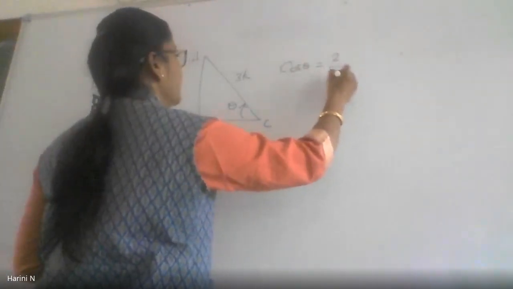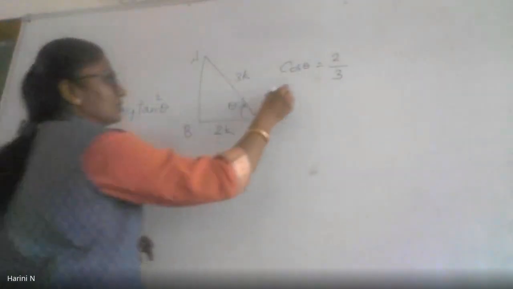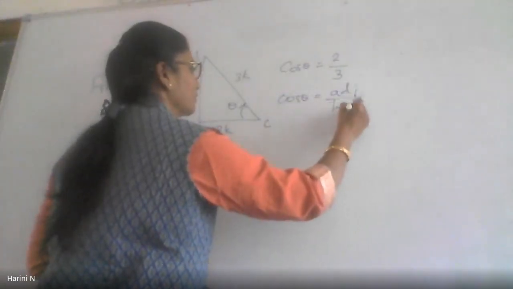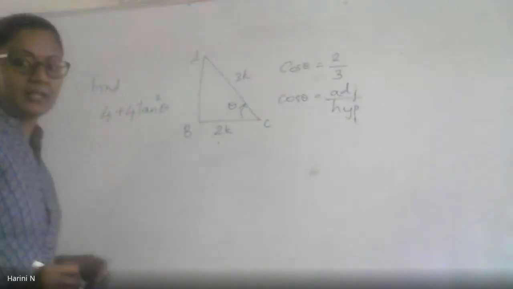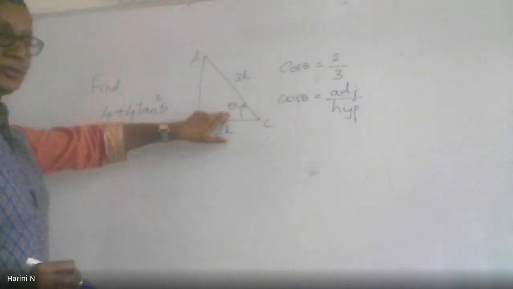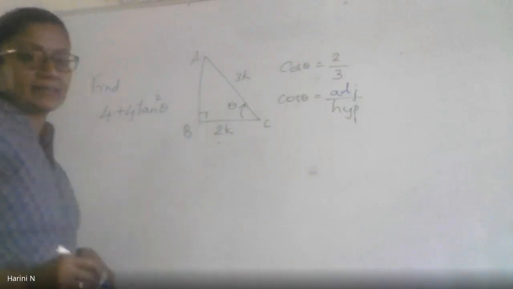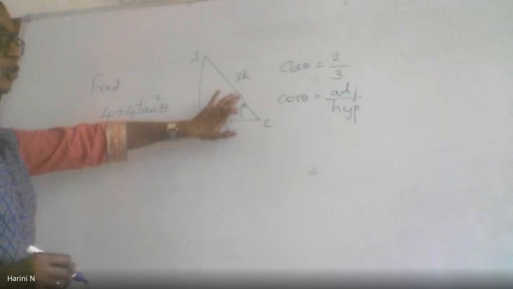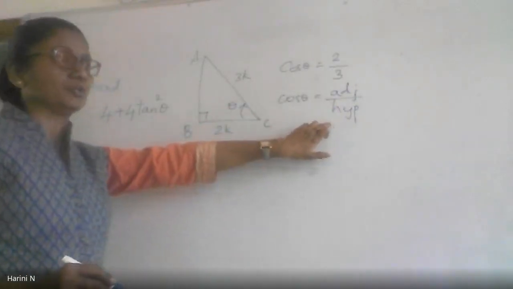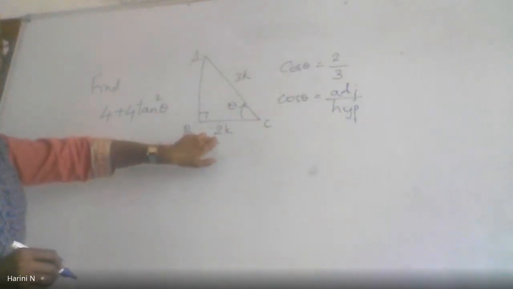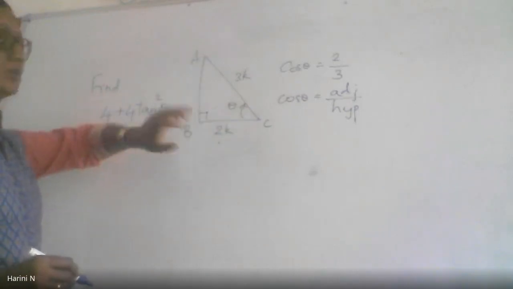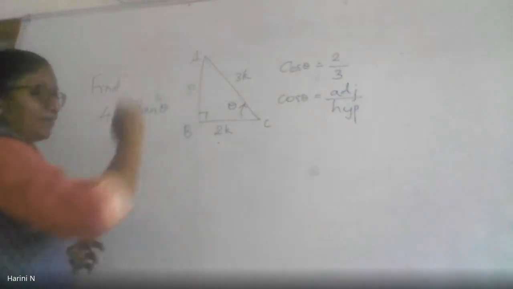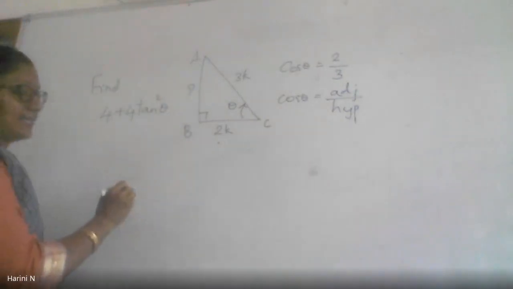All right, what was given is cos theta equals 2 by 3. I know my cos of theta is always equal to adjacent side by the hypotenuse. With respect to theta, I have drawn a right angle at B. One of the acute angles I have marked as theta. So with respect to theta, this side is adjacent and this is the hypotenuse. So I have taken BC as 2k and AC as 3k. Can I find out what AB is, which is the opposite side?